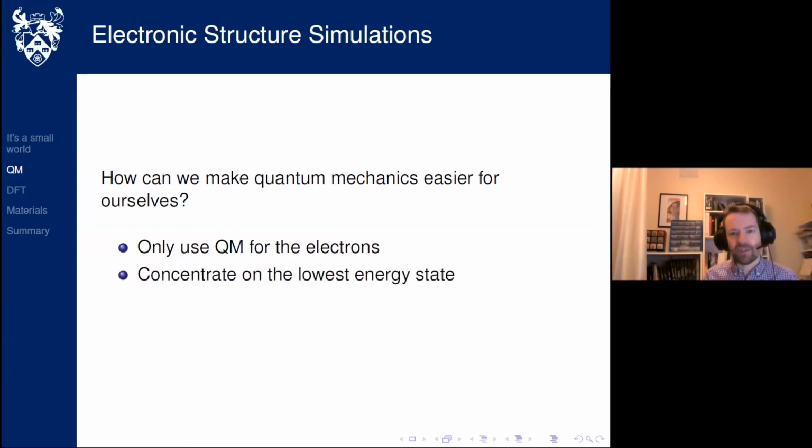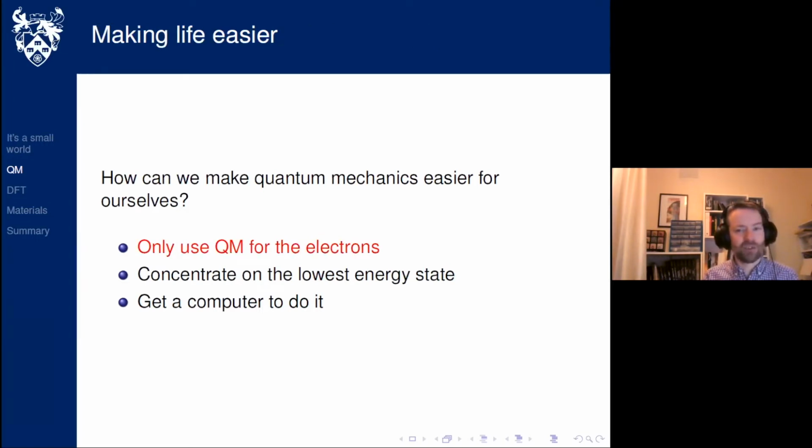The second thing we might do is focus our effort on some of the energy states that we think are going to be the most important. And we'll talk about that a little bit later on. And the final bit is we get a computer to do it. Because what we're going to end up with is a method which is very accurate and achievable, but would be very, very slow and tedious if I had to do it with pen and paper. So we implement it in computer software and the computer runs the simulations. So let's look at this first bit.